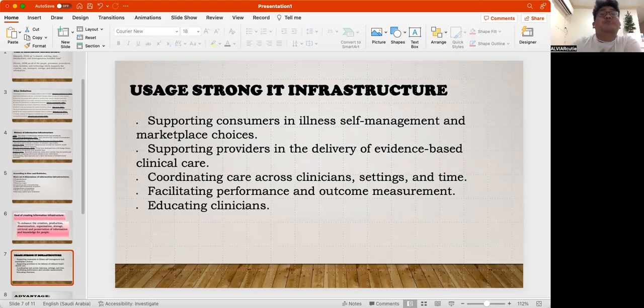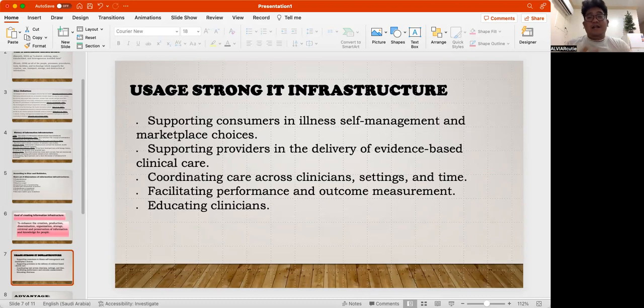Saan ba natin ginagamit yung information technology infrastructure? Information technology infrastructure at information infrastructure ay pareho lang din po. Number 1, ang usage nito ay supporting consumers in illness, self-management, and marketplace choices. Number 2, supporting providers in the delivery of evidence-based clinical care. Number 3, coordinating care across clinicians, settings, and time. Number 4, facilitating performance and outcome measurement. And last, educating clinicians. Ito yung mga gamit ng infrastructure